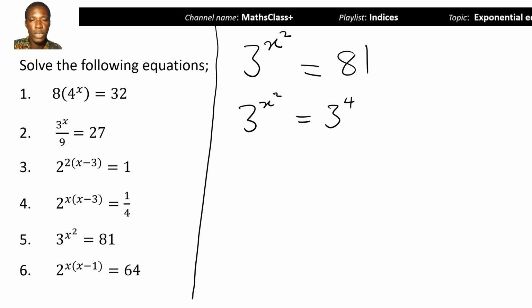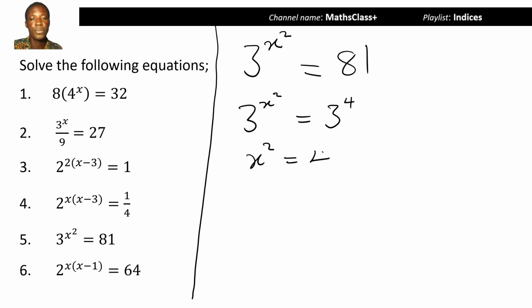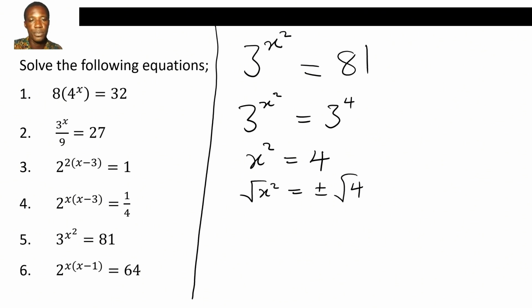So now we can equate x squared to 4. And if I find the square root of both sides, I'll get x equal to plus or minus the square root of 4, which means x is equal to plus or minus 2. Okay,